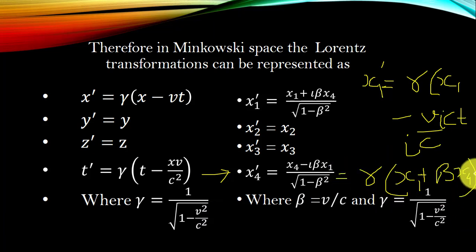So as I have already told you about the x1 prime transformation, how we have done it, you can also try it for x2 prime, x3 prime and x4 prime. These are very easy, you already know. You can also transform it like this. So now you know how Lorentz transformations are represented in the Minkowski space. Now we are going to discuss what these Lorentz transformations are representing in the Minkowski space.